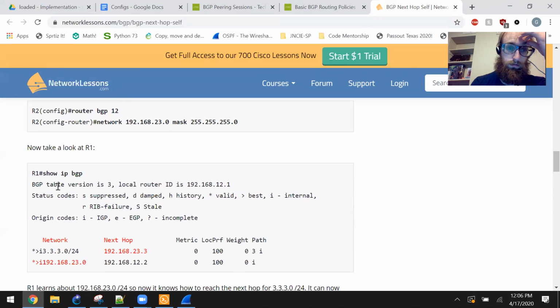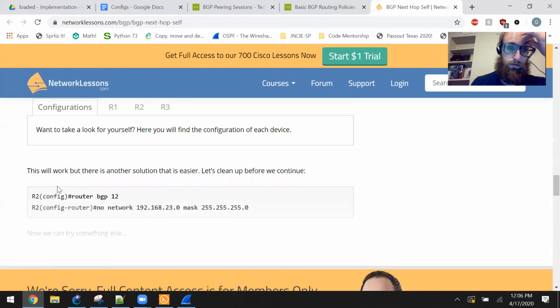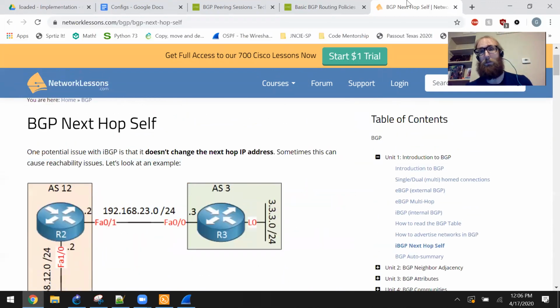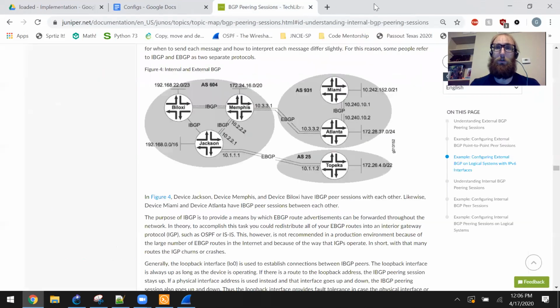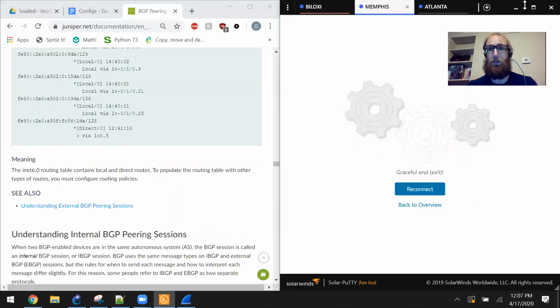Yeah, well, let's just stick with the next hop self. I mean, we know what the issue is now. It's that when a route is advertised through EBGP, it includes the next hop, but when it's advertised through IBGP, it doesn't update that. It just either keeps the next hop it had, or it doesn't have one at all, which I'm kind of surprised because I would think